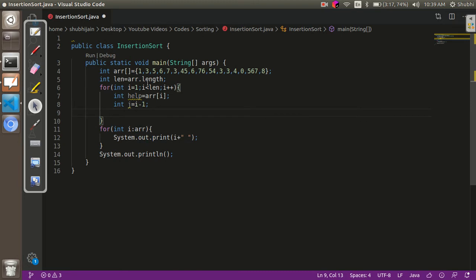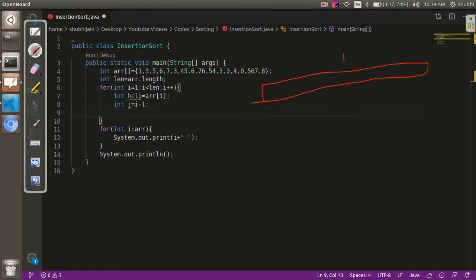Now J is another loop iterator which will help us traverse through the first half of the array. Now we know that in the array, if this part is sorted and I have to add this element in this part, we'll iterate from the end of this array to the first element, unless the index where this element has to be added is found.